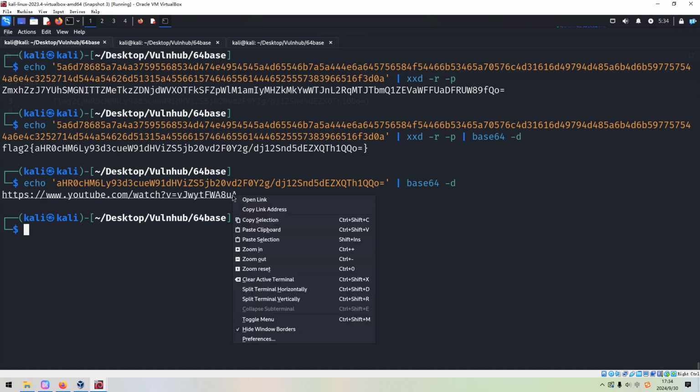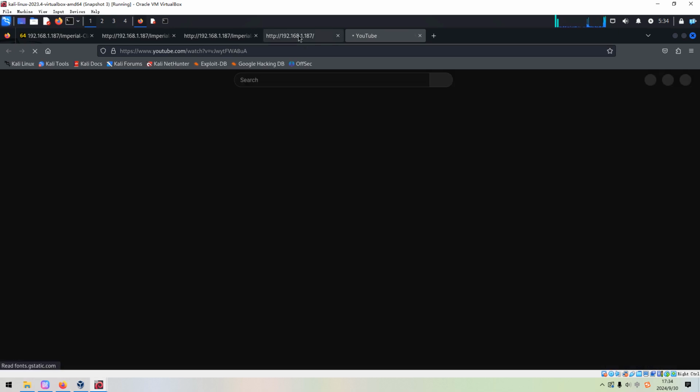We can copy and open link. Maybe my virtual machine is not very good. Okay, it's loading. Very slow.